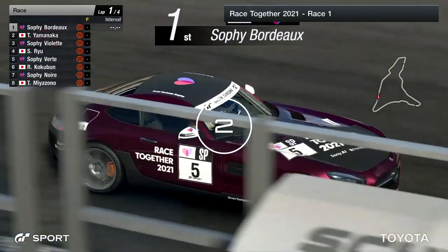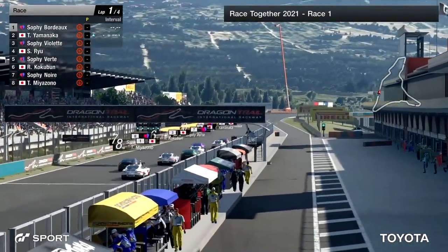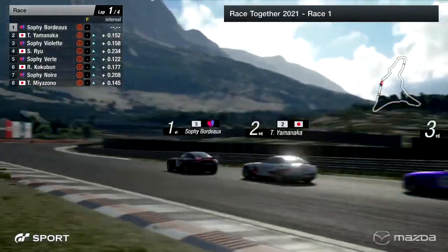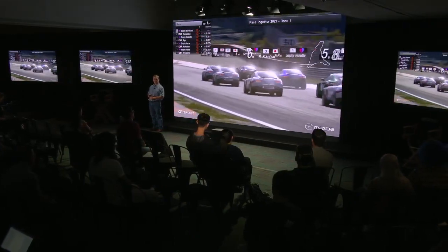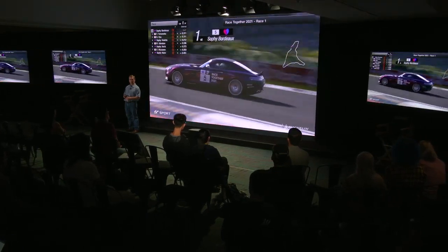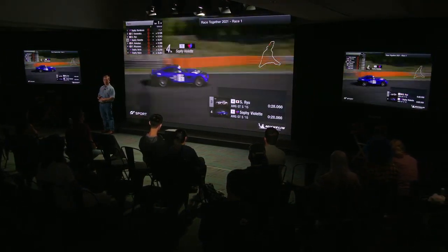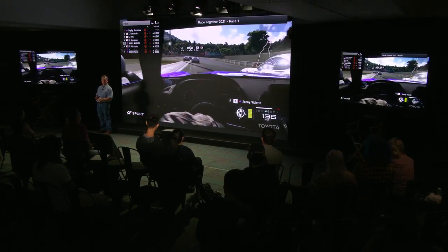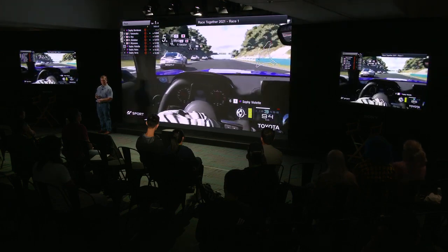So Race Together 2021 is underway. It's Sophy Bordeaux that leads the field over the timing line, followed by Takuma Miyazono, followed by Sophie Violette. You can see the AI there popping into the slipstream as well as the professional drivers coming down in towards turn number 1. We go the right-handed kick, no moves being made through there, but the heavy braking zone of turn 2 could prove to be where we see moves being made. And look at Tomoaki Yamanaka having a look up the inside of Bordeaux. Bordeaux runs in a little bit wide there as Ryu has got himself up into 3rd position then ahead of Violette. Takuma Miyazono also making ground. He's up into P6 as they come down the bottom of the hill. Yamanaka having another look up the inside of Sophy Bordeaux into the right-hander, but here comes Ryu down the inside of Yamanaka. Not quite through there. Tried to make the move stick, but he was just...